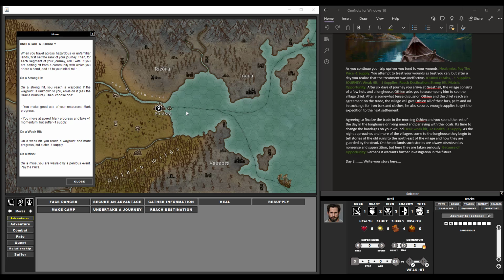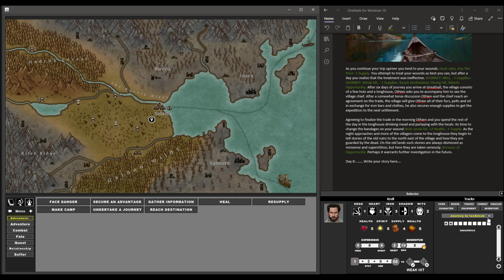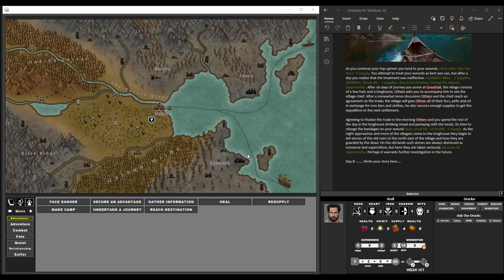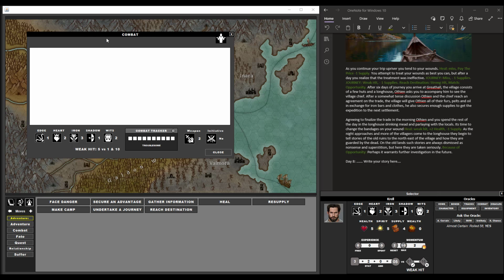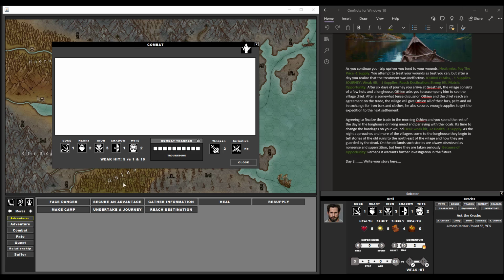Now if you want to use the oracle, for example, we can move. Let's say we move to this point, and now we can use the oracle to see if something happens. Let's say we want to check if there is an encounter here, maybe a combat. So let's say that it's almost certain that there will be a battle. So it rolls and it's a yes. To enter the combat, you can click here on this tab and it opens the combat window, and you